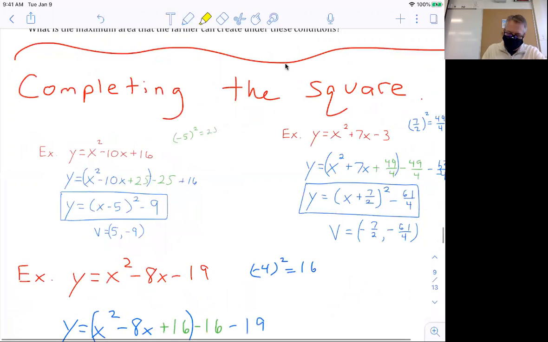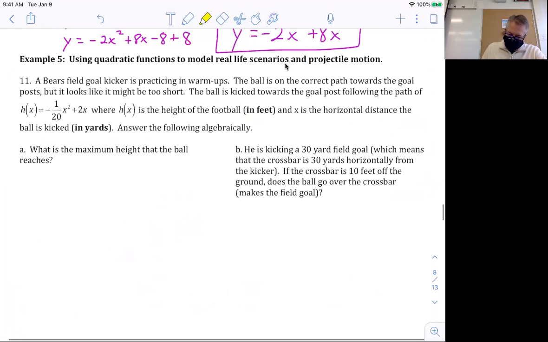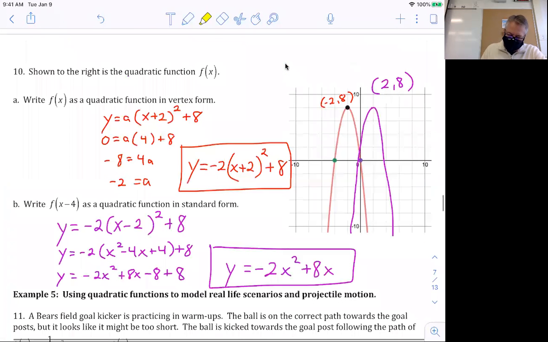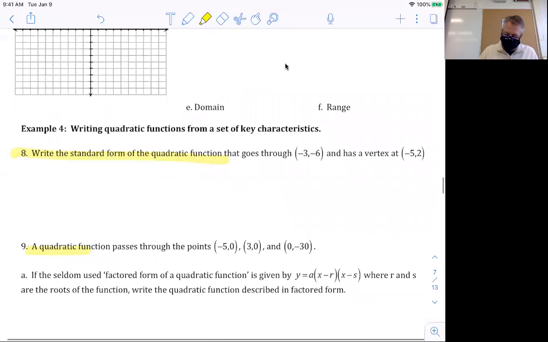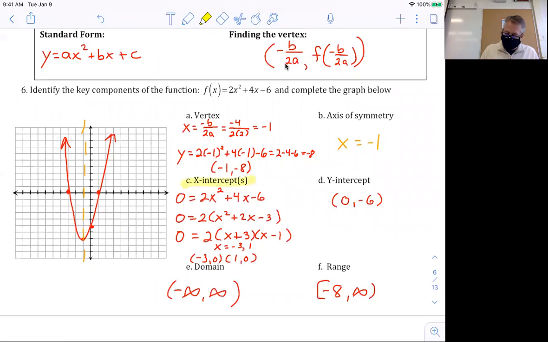Before we did the completing the square, we were doing something similar, vertex form here, but we were writing the equation, okay, where we took the vertex and plugged that into vertex form, and then we had to solve for a in that respect. Okay, so that was prior to that, and that's kind of where we were doing all of that quadratic stuff, where we talked about x-intercepts, y-intercepts, axis of symmetry, domain, range, all of those things when it comes to